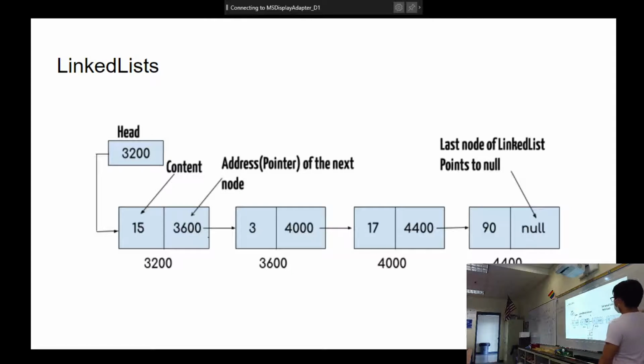Now, if you do this with an array, you're inserting an object, what do you have to do? You have to move everything back. You put an object in, you move everything down one. It's such a pain, exactly. But you see how quick it is to do this. I get it now. You get it?